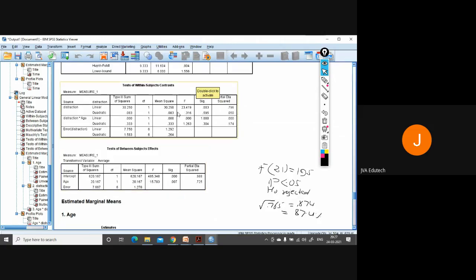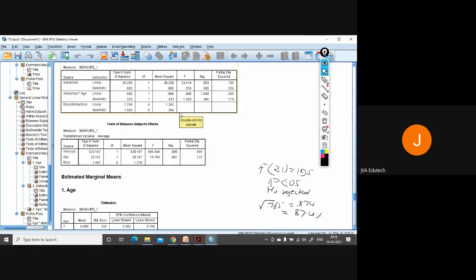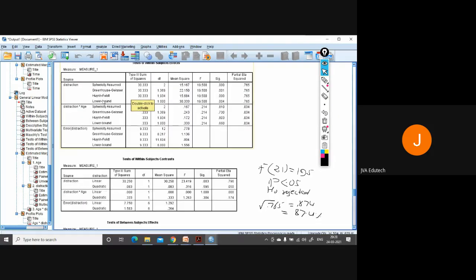So you have to report, the first is the sphericity assumed situation. Then in this situation, what is the F value? 15.783 is statistically significant. Because first you are taking here distraction, 3 levels of distraction, there ANOVA, that at the 3 different types of distractions, their learning capacity will be different.